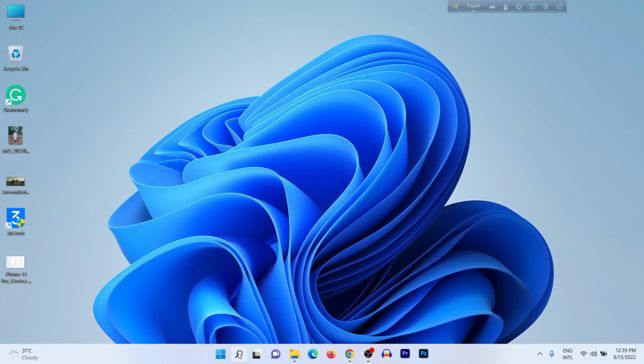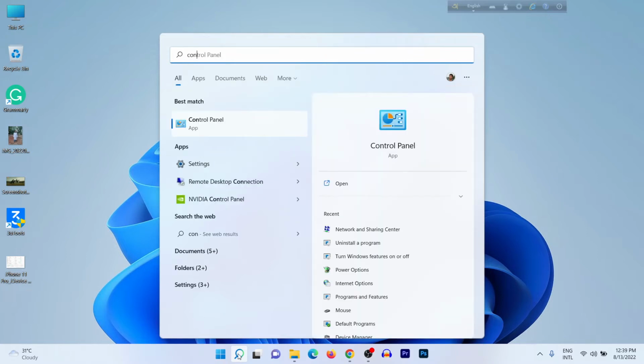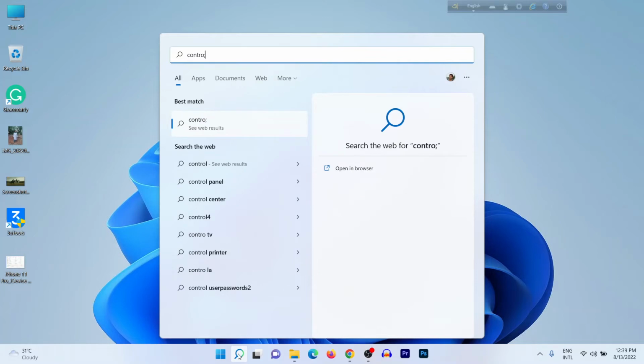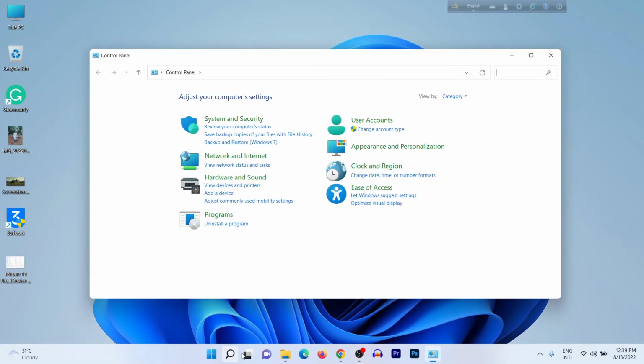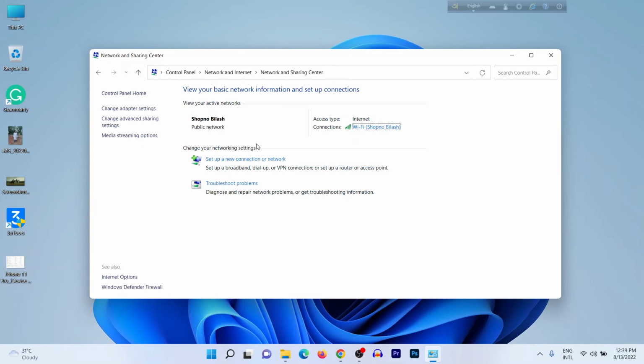First of all, click on the search icon, then type control panel, then open it. Here is network and security, and then network and internet. You need to click on network and internet, then network and sharing center, and here it is showing your current Wi-Fi